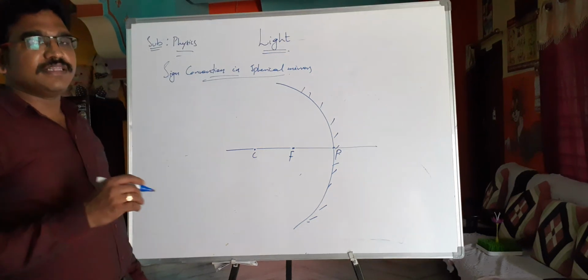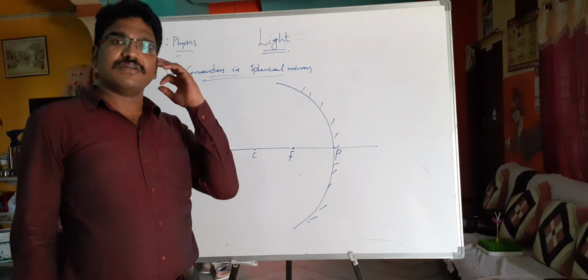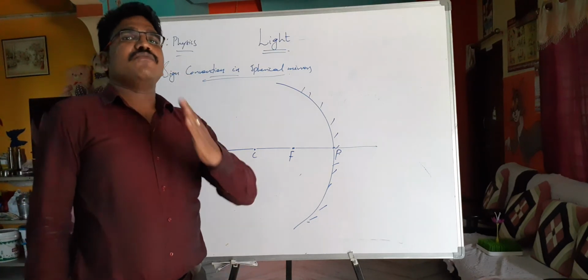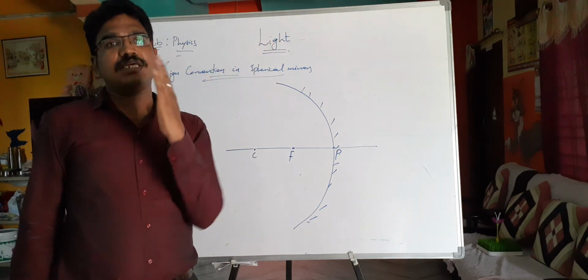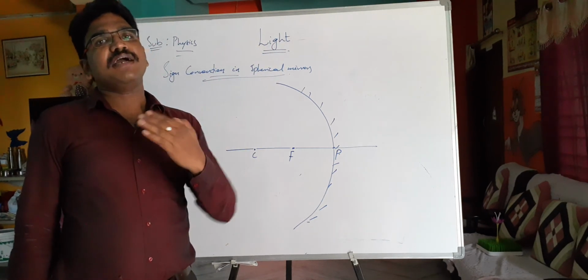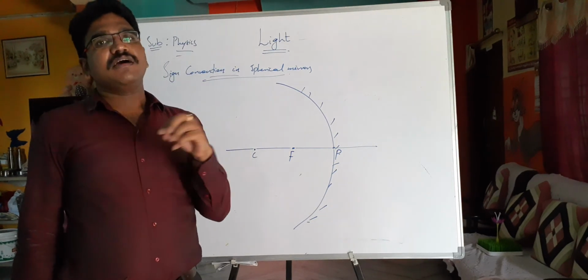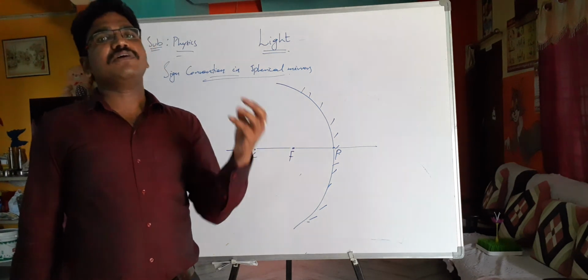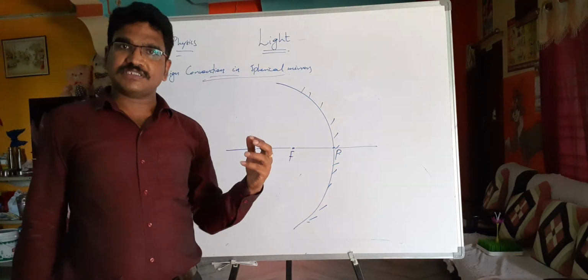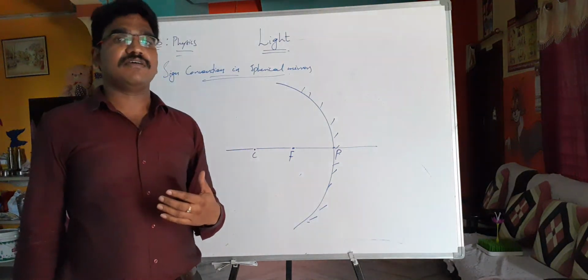Dear students, in the previous lecture we discussed the images formed by concave and convex mirrors. When the object moves near to the concave mirror, the magnification increases. When the object is far, we got a diminished image. When it moves nearer to the mirror, we got an image size equal to the object size, then image size greater than object size, and still the image sizes are enlarged.